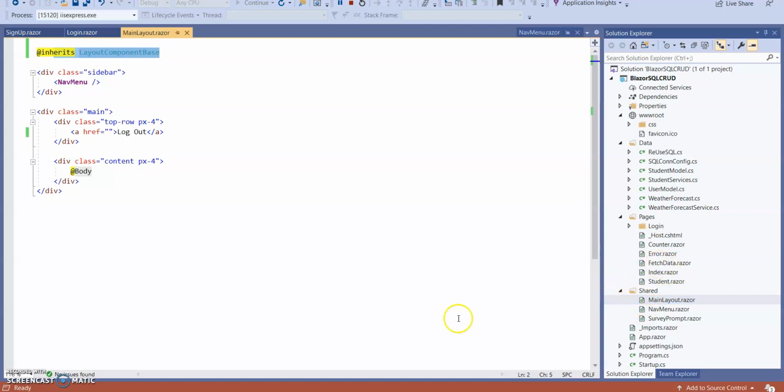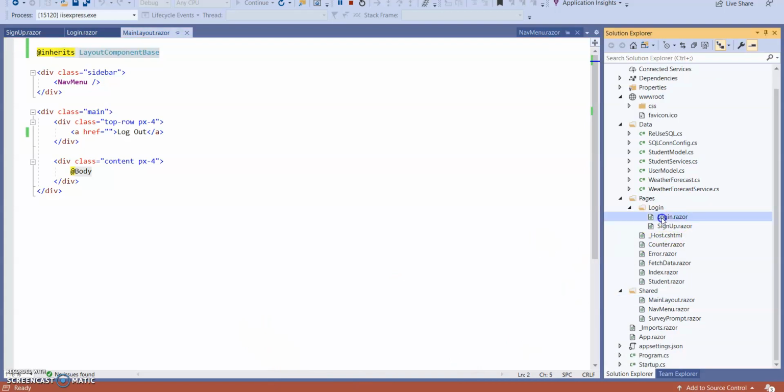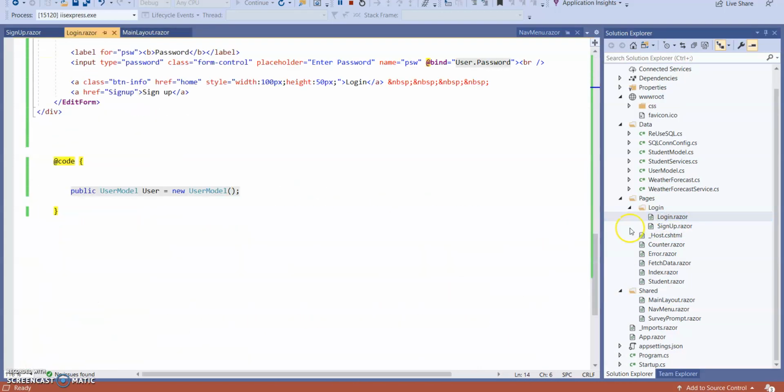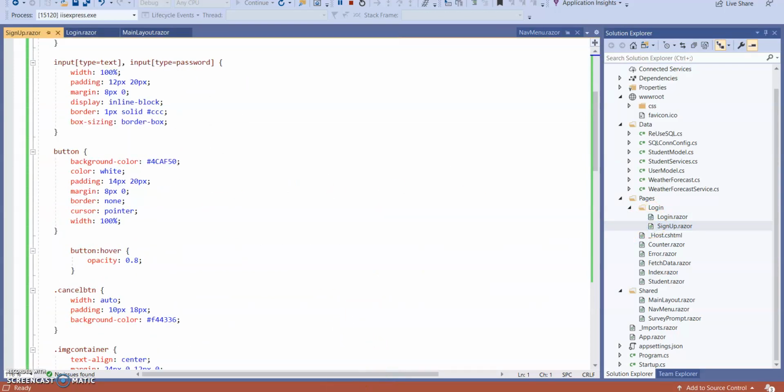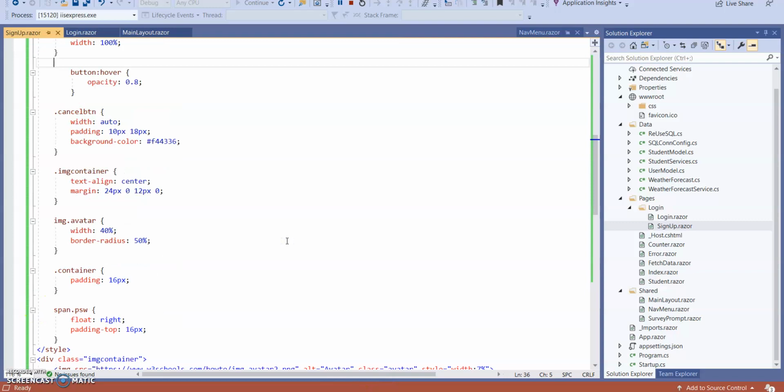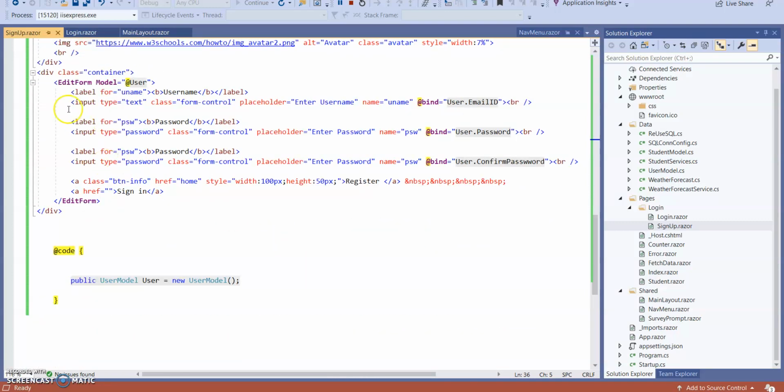I want that my particular login page, here I created two pages, one login page and one sign up page. In sign up page, I have created an edit form and a user model: username, password and confirm password.